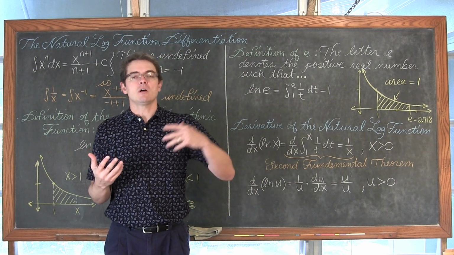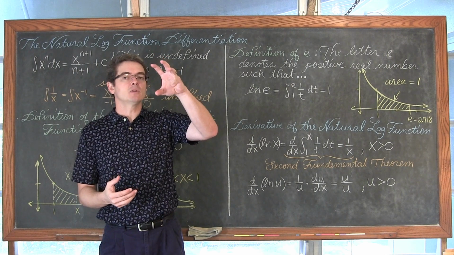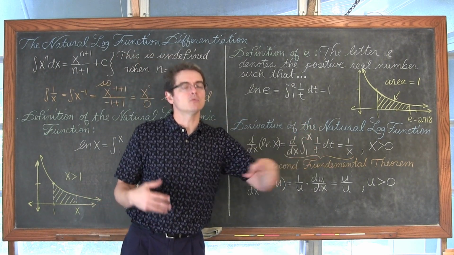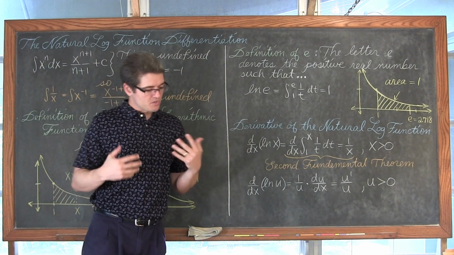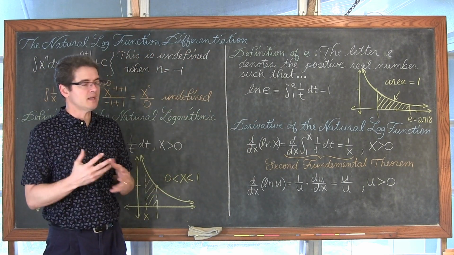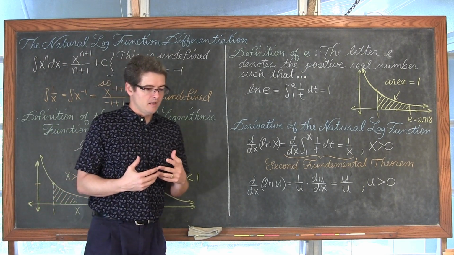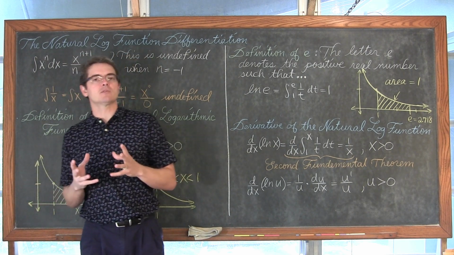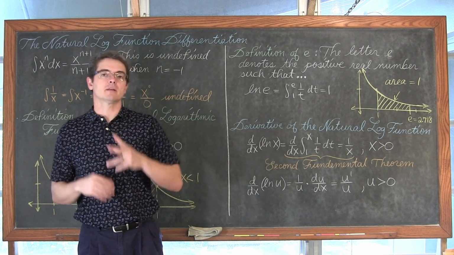So when you take the natural log of a number, what you're getting is an exponent such that e to that exponent is equal to the value of what you're taking the natural log of. So the letter e, which is approximately 2.718, there's a lot of derivations of where it comes from. It's a constant. It's kind of like pi, but that's a lot easier to understand and explain. Just pi is the ratio between the circumference of a circle and the diameter.